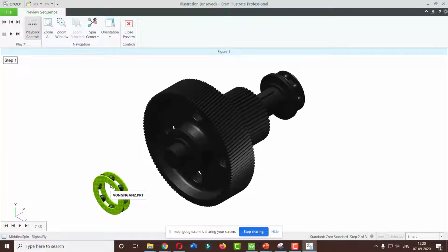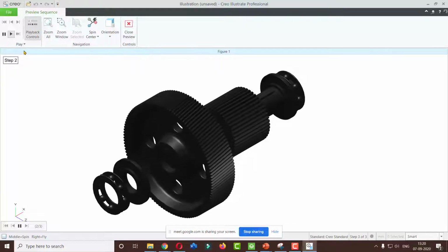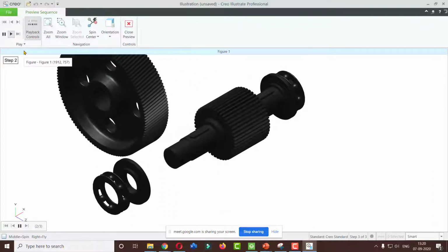If you want to provide some time between the first operation and second operation, you can play it one by one. But if you want to demonstrate all the operations at a time, you can simply select over here and play all. Play all will remove your assembly one by one.